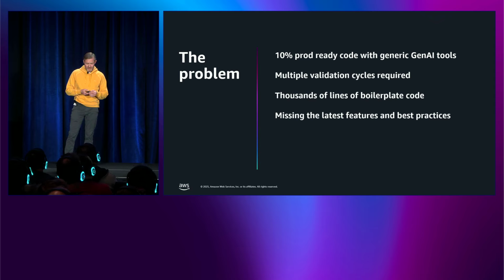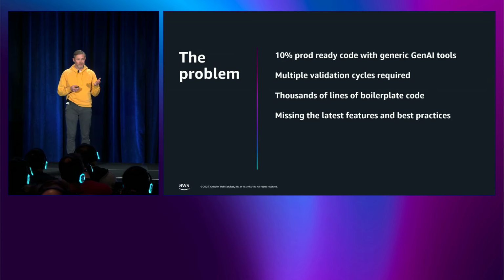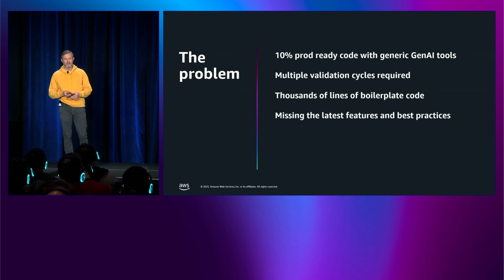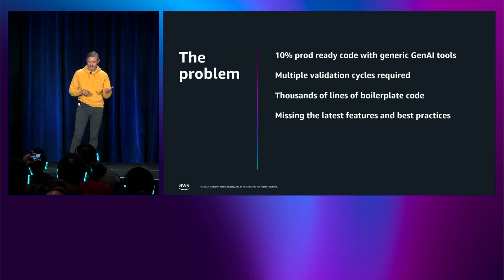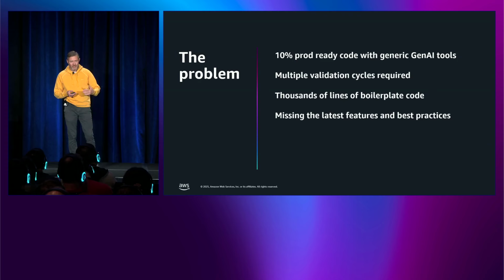The problem that we have seen is that if you take a generic GenAI tool, only in 10% of the cases was it creating production-ready software. Most of the time it compiled and actually worked, but all the nitty-gritty details that you would choose directly were not there. They were not configured correctly. They missed maybe the index for your DynamoDB table. They chose Aurora over Dynamo or vice versa, no matter what it is. And that's why you had to iterate over it.